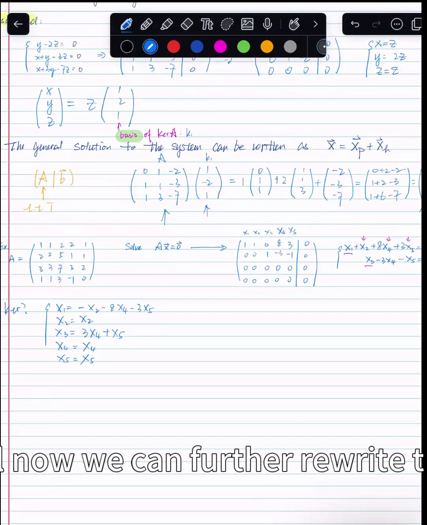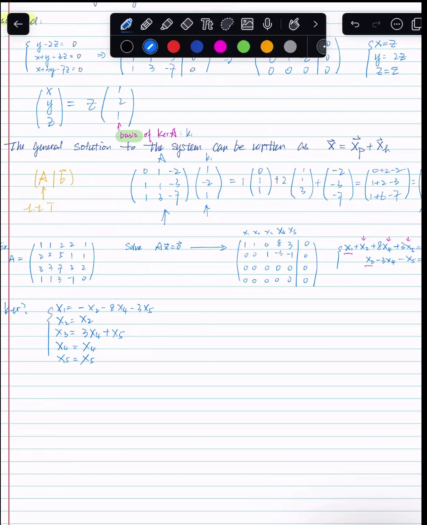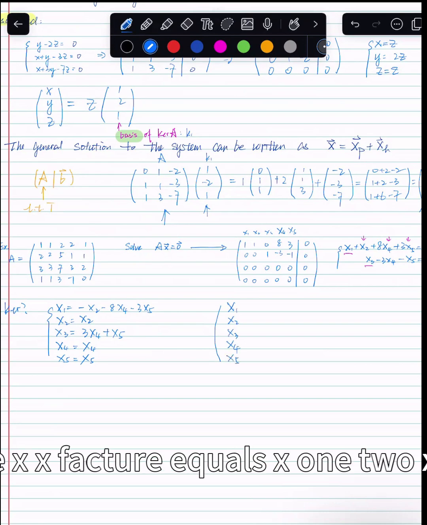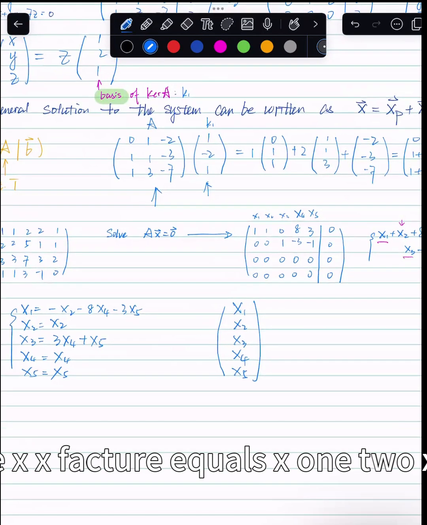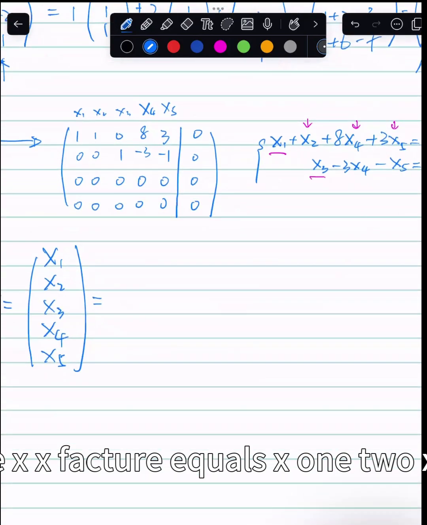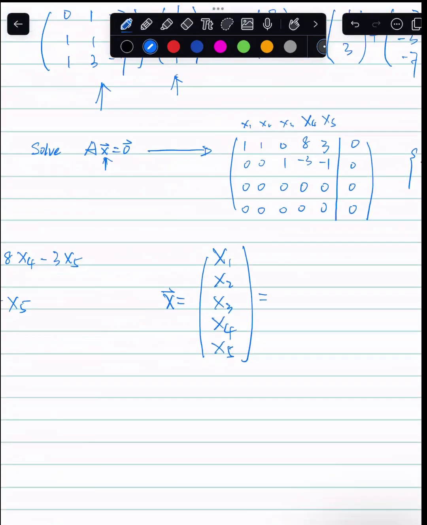Now we can further rewrite this new system of equations. Our x vector equals x1 to x5, and it will be written as